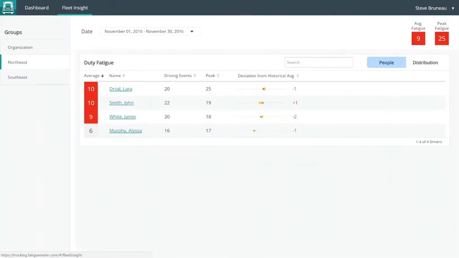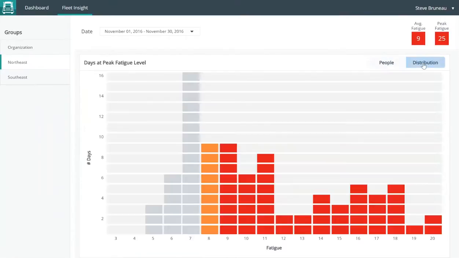So then what I want to do back at my Fleet Insight is get an idea of what the distribution looks like. So I can click here on distribution, and I can see that for every day of driving over that period by all my drivers, I see how the peak fatigue level is happening at a certain level the most amount of time here. This shows me that the fatigue threshold is set as a 9, and there's a lot of driving that's happening above a peak level of 9. And that could be problematic,